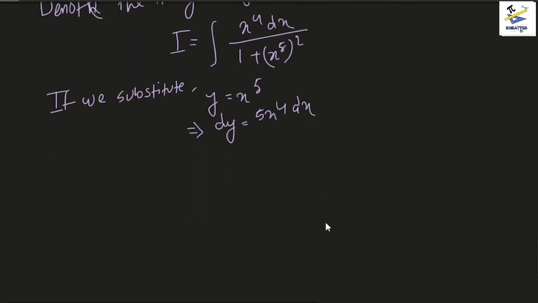And what we want is the value of x to the power 4 dx, so therefore x to the power 4 dx should be equal to dy by 5. So our integral becomes